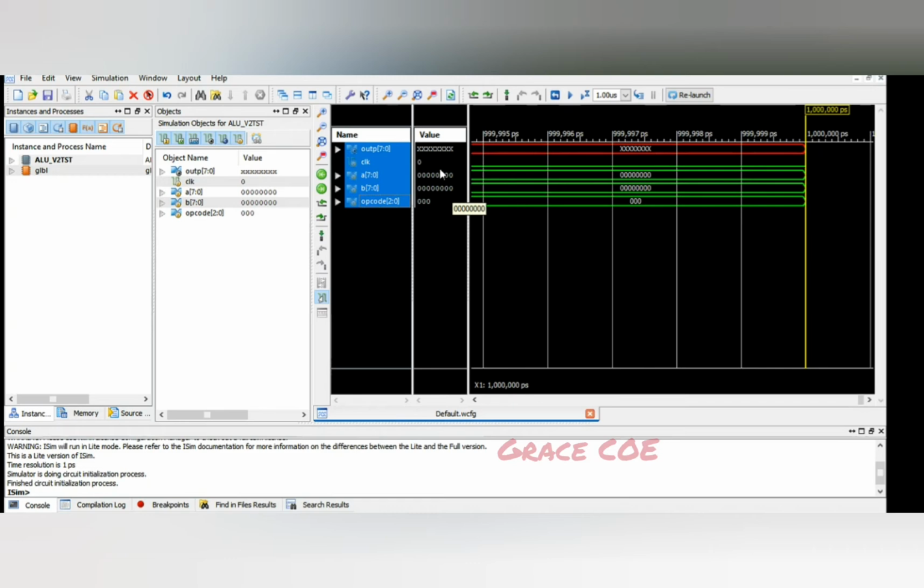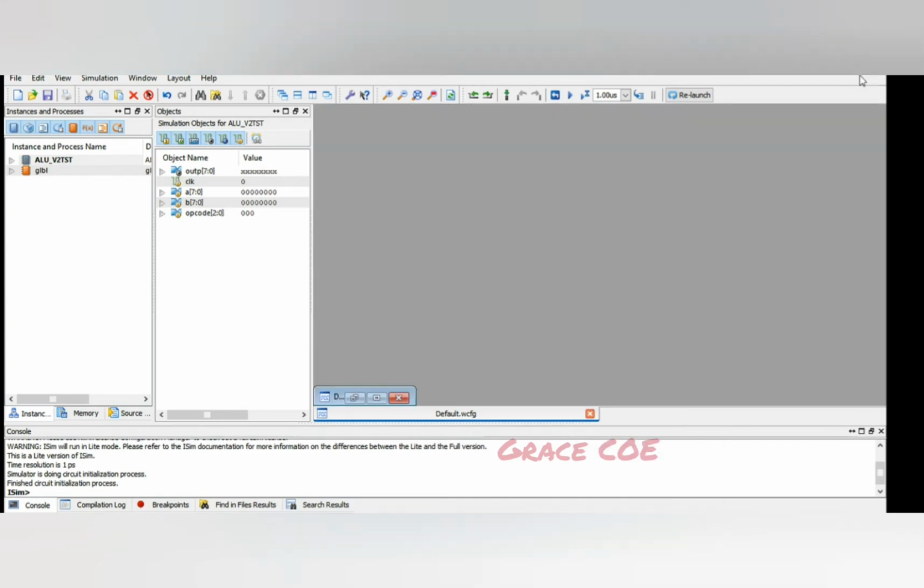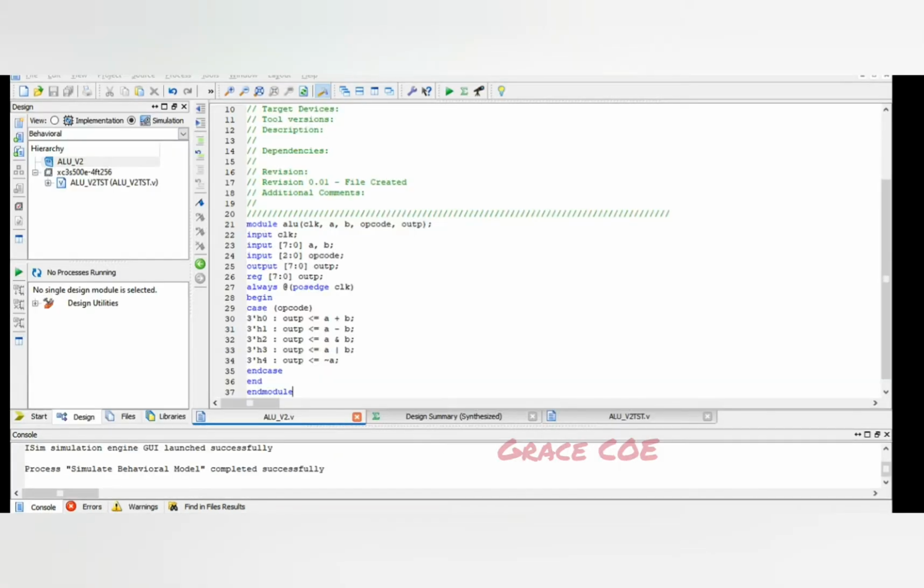So as per the code, if we see, this is the Verilog code. Here we have clock as one of the inputs, A and B as the operands on which the operation has to be performed, and both of these are 8-bit operands.